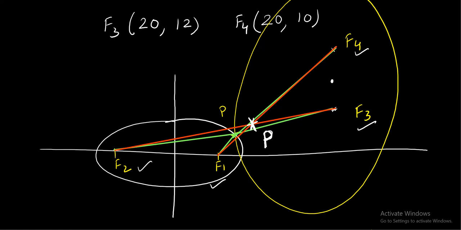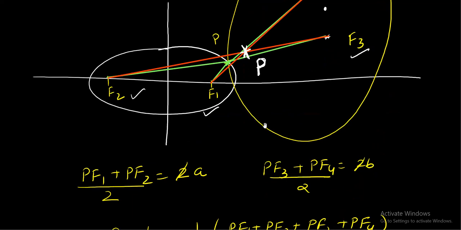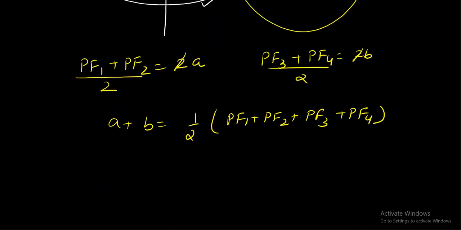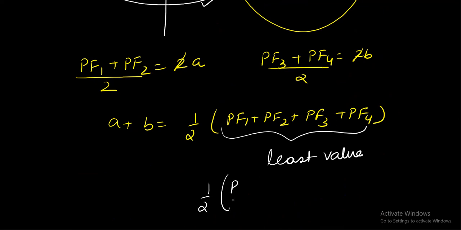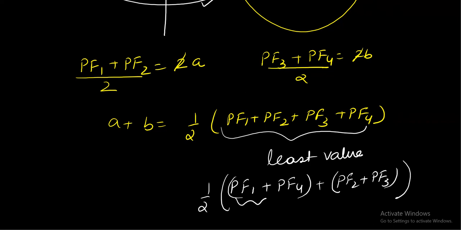So what we are actually doing is we are going by directly calculating PF1 plus PF2 plus PF3 plus PF4. So what did I say? कि अगर आपको इसका least value चाहिए, if you want least value, then basically जो concept हमने use किया था वो मैं आपको बताती हूँ. हम यहाँ पे क्या कर रहे थे, PF1 plus PF4 least चाहिए and plus PF2 plus PF3 हमें least लिखना होगा. ठीक है ना, least लिखना होगा मतलब कि if you want this distance to be least, then PF1, F4